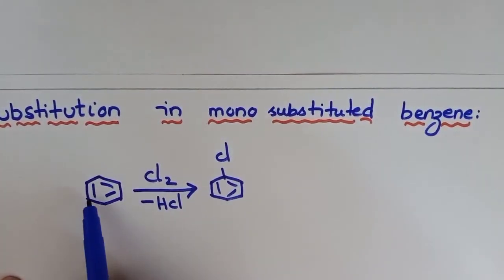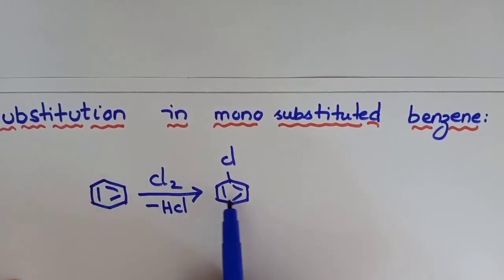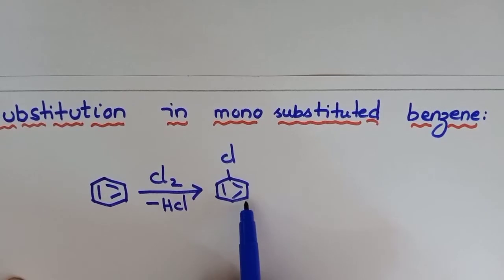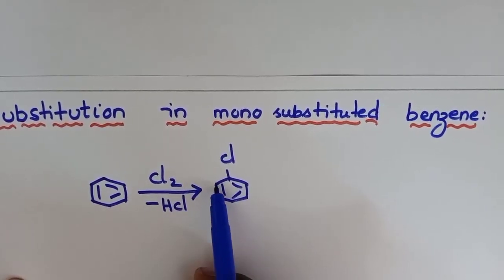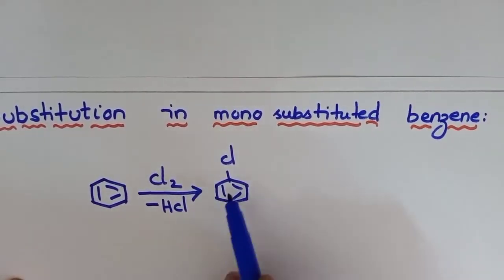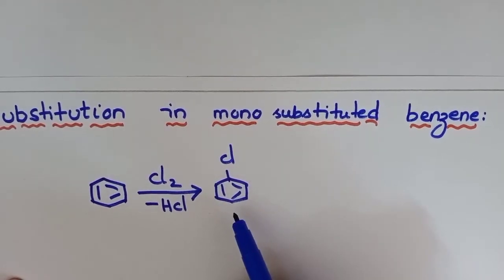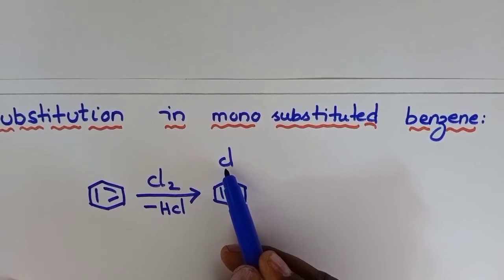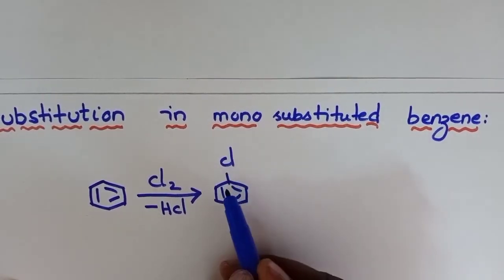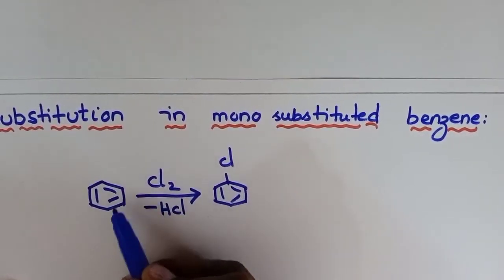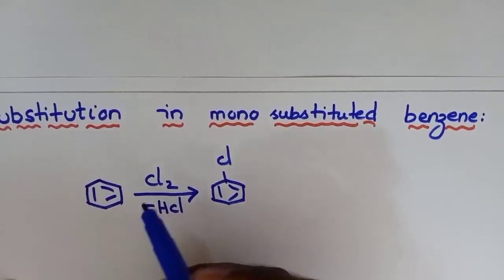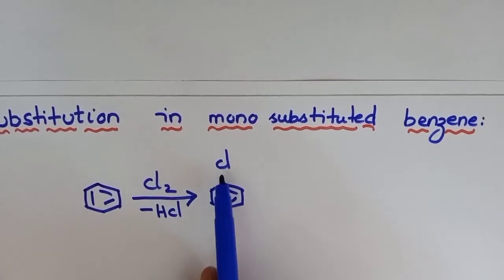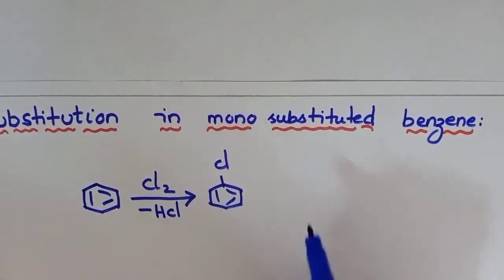See, look here, these are the pi bonds inside, and chlorine can be substituted here or here or here or here. So there is no difference between these 6 carbon atoms. So this is a monosubstituted benzene. We call it chlorobenzene. There is no specific carbon where the chlorine should go, here only, here only. As the 6 carbons in benzene are alike, this chlorine atom can be substituted anywhere.